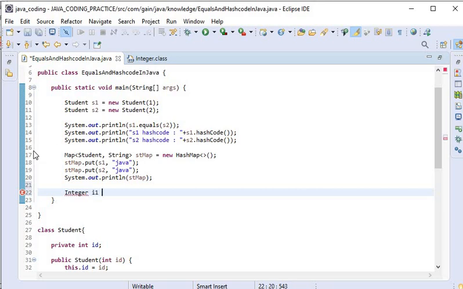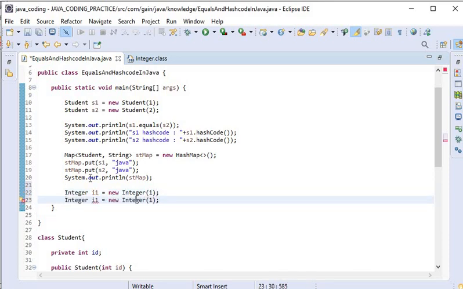equals and hashCode functions. So here if I use the same key for two Integers, the same id, here I will use id1, then it will not print duplicates because the Integer class has already overridden equals and hashCode functions.